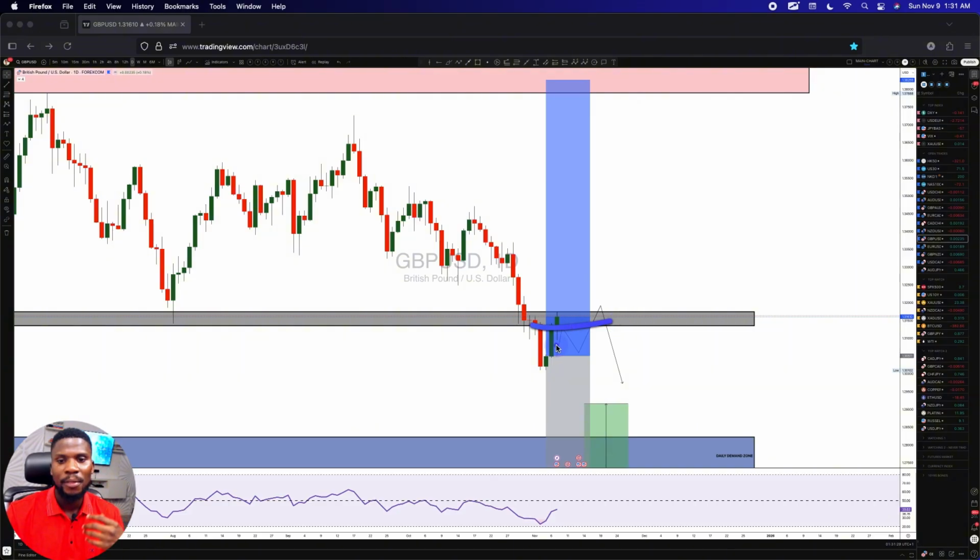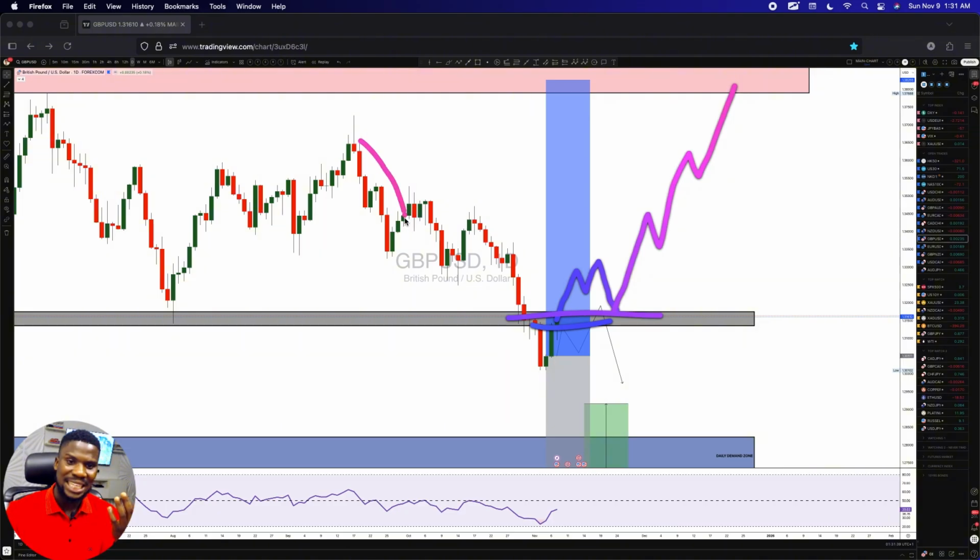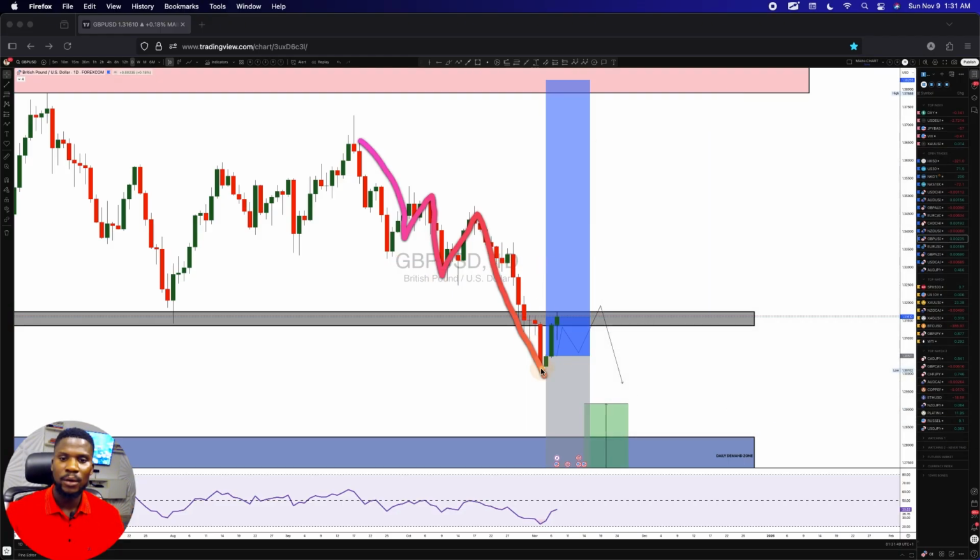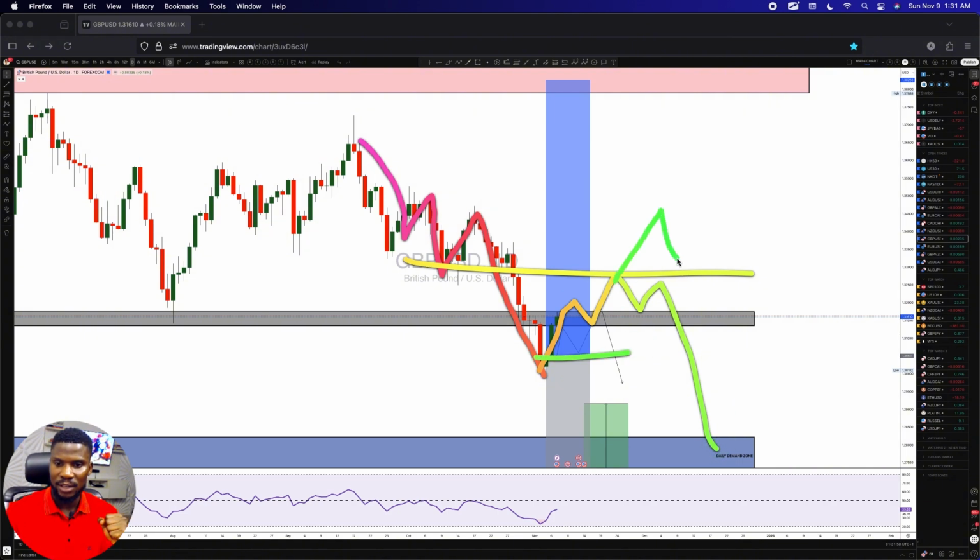Now, for further momentum to the upside, I would say I like to see something like this. Then maybe we're going to continue to move to the upside. We've got an intense bearish momentum. At least the bare minimum is to see the pullback to this particular region. Maybe we're not going to get a further downside from there. I don't know. But right now, I'm buying from here, and if we get something like this,